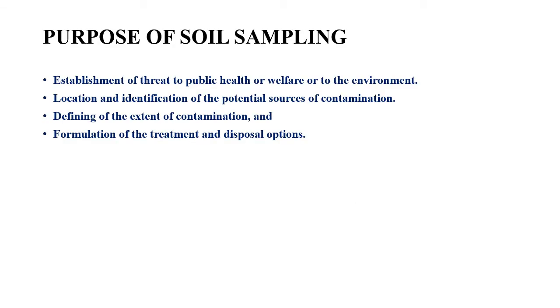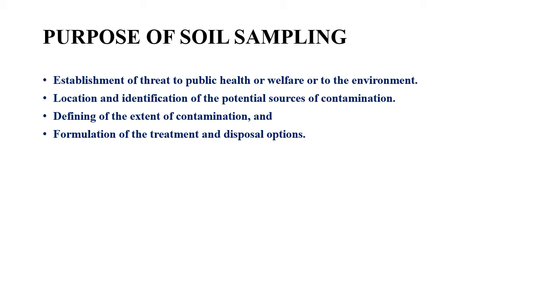Now, the whole purpose of doing soil sampling at a particular site is to understand the properties of the soil. Okay, and basically what the soil composition is. What are the various materials present in the soil? So, this is the purpose of soil sampling. Now, when we are conducting soil sampling for a contaminated land, it is done exclusively to find out the different types of contaminants present in the site we have chosen. Okay, so that will help us in assessing the soil quality at the contaminated land.